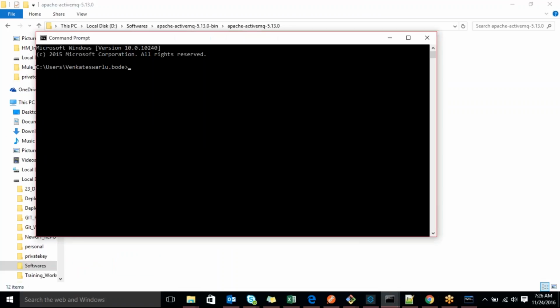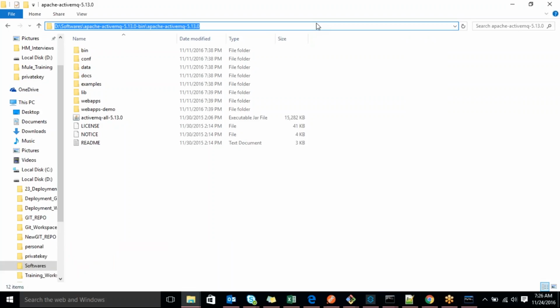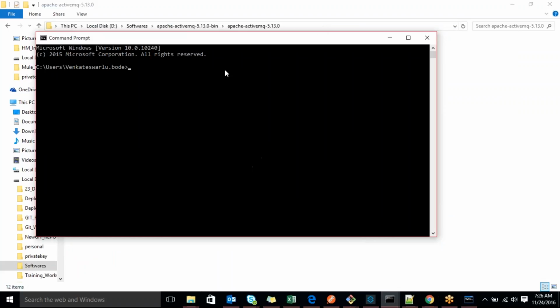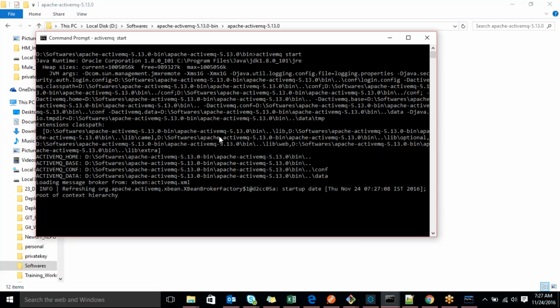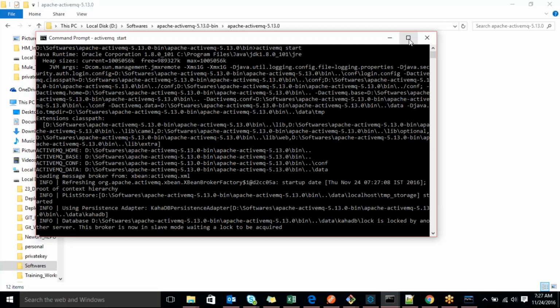Just open your command prompt, go to that particular path. I just copy the path. Under that, the bin is there. Just run activemq start. That's it, your ActiveMQ will start.